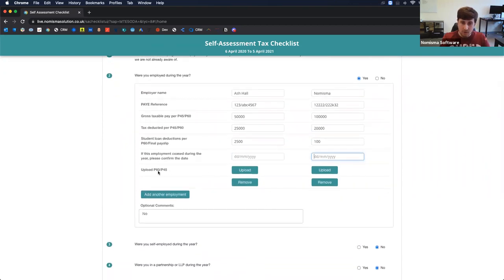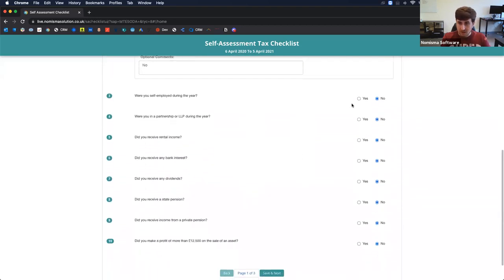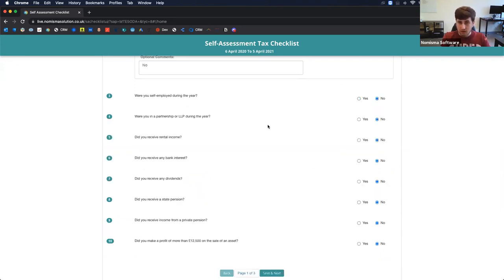Okay, and then at that point, they can then upload a P60 if they have a copy of it. And that P60 would be stored within the document section of their self-assessment. They can then decide that they have self-employment, where they can enter some basic information. We're not asking them for absolutely everything because chances are you've done the bookkeeping, or they've done it in a